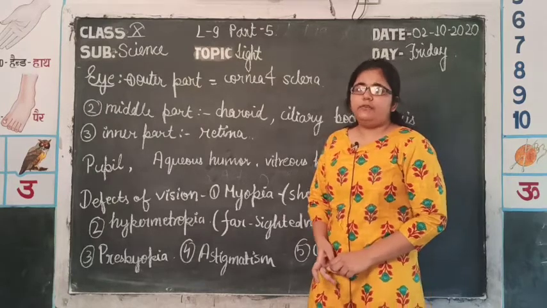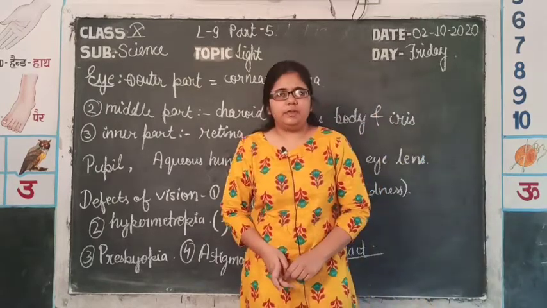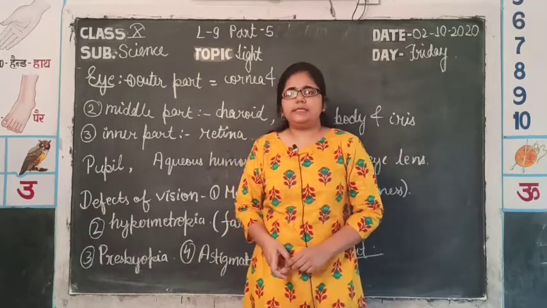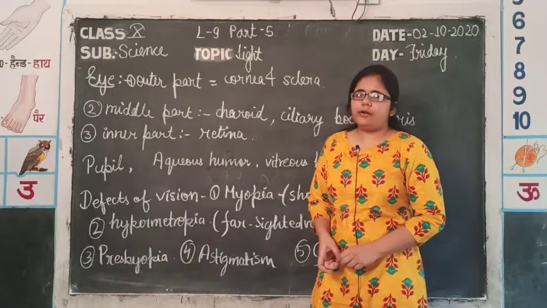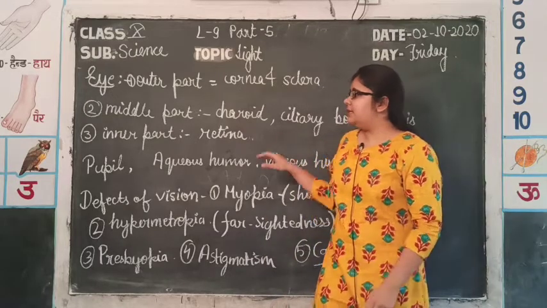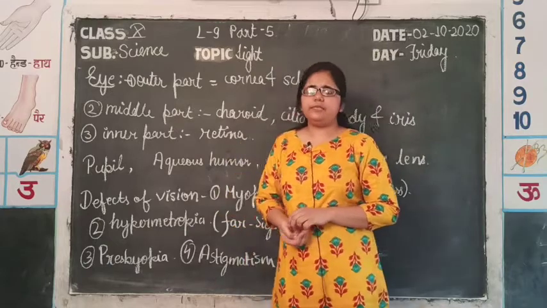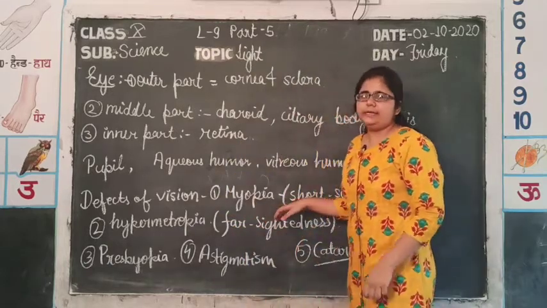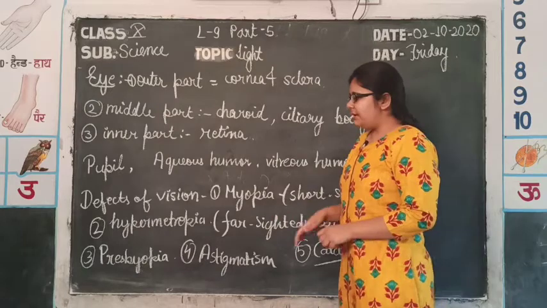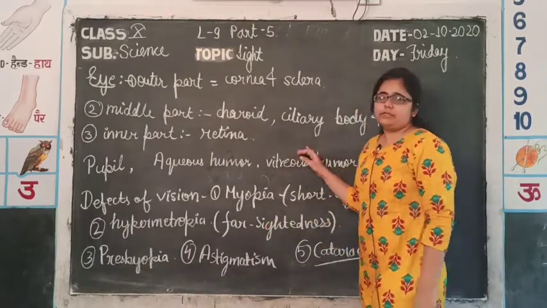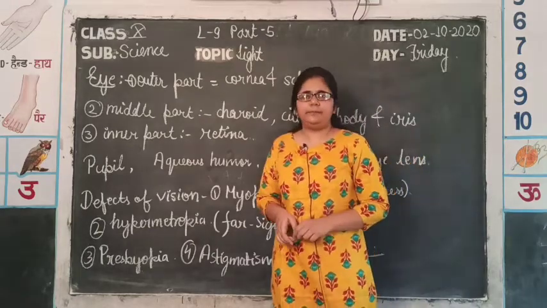And now today we will study a sensory organ which will first of all sense the surroundings and see the various colors and objects surrounding us. This sensory organ is the eye. So, first of all we will study the structure of the eye in detail and then several defects of vision related to it. First of all, the eye is divided into three parts.